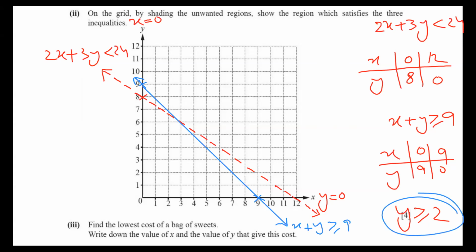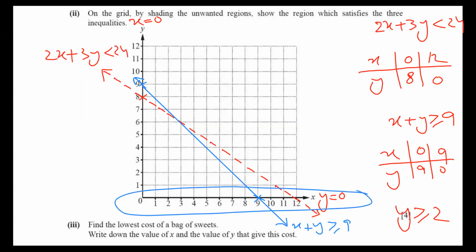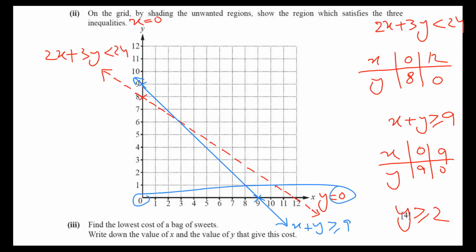Last part, y is bigger than or equal to 2. You know this is y equals 0 because it's going through 0. If it goes through 1, this line is called y equals 1. And this line through 2 is called y equals 2. So let me pick the line for it. Inshallah, I believe it is very, very clear. And I'm going to make a line here. Wait a minute, a little bit down.